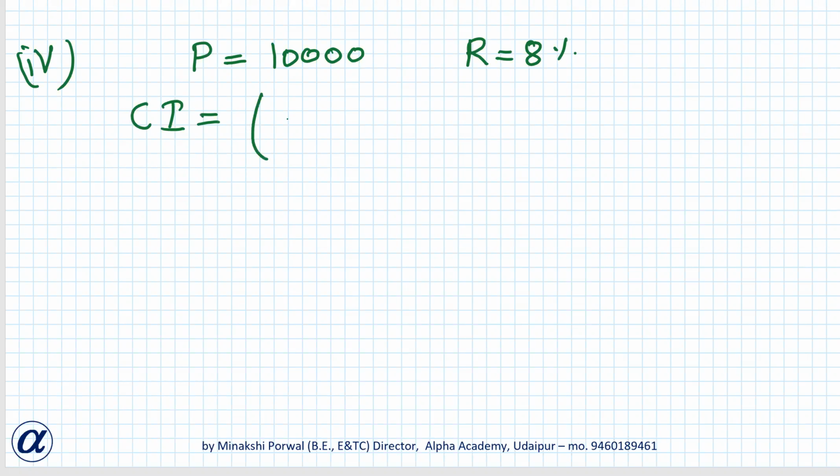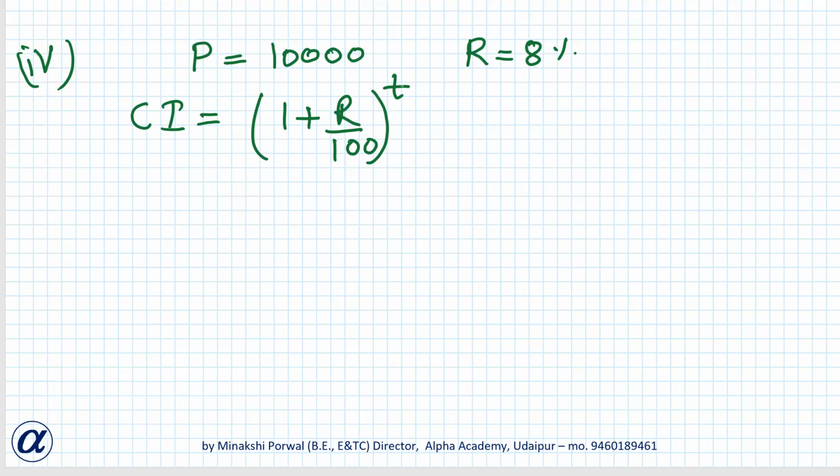the amount of money in the account every year when rupees 10,000 is deposited at compound interest at 8% per annum. Okay, so actually principal is rupees 10,000 is deposited, and rate of interest is 8%. So first of all, we'll see the formula of compound interest, that is equal to (1 plus r upon 100) to the power t, where t is time.